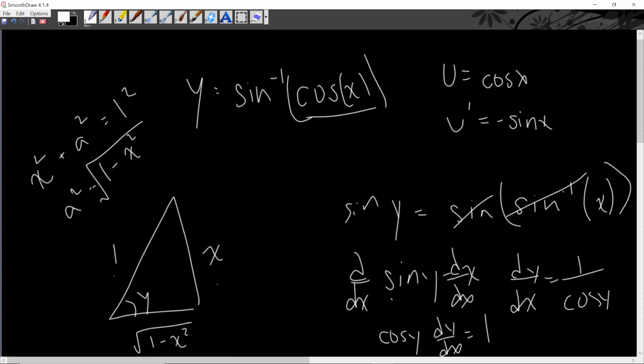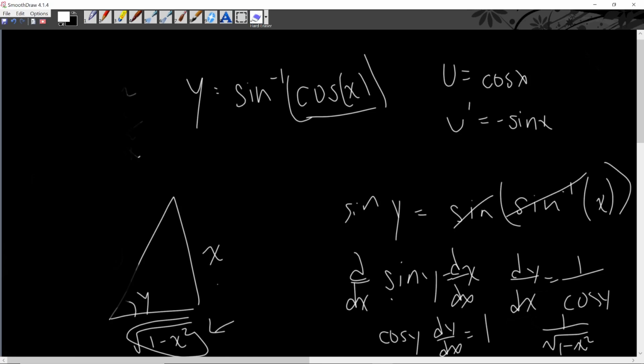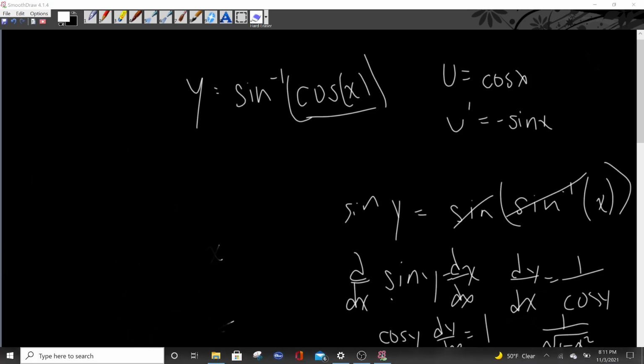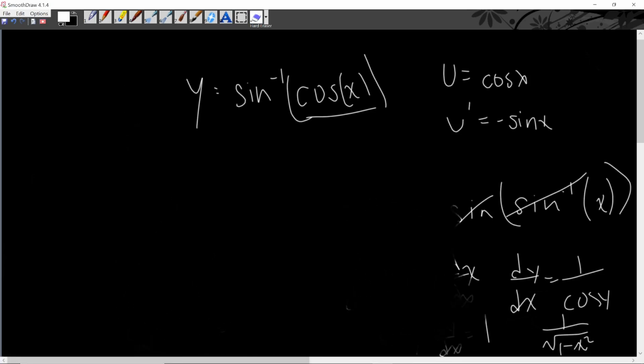And now 1 over cosine y. If this is cosine, so adjacent over hypotenuse, adjacent is the square root of 1 minus x squared over 1, so cosine y will just be that side. So you do 1 over that side, you get 1 over the square root of 1 minus x squared. Now from here, we just plug that in, right? We have,